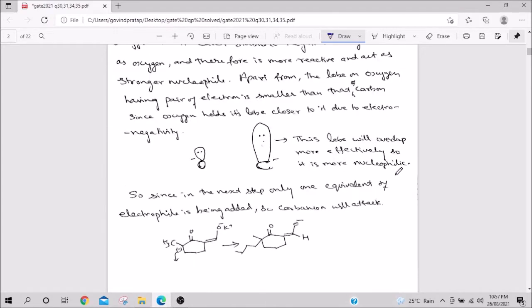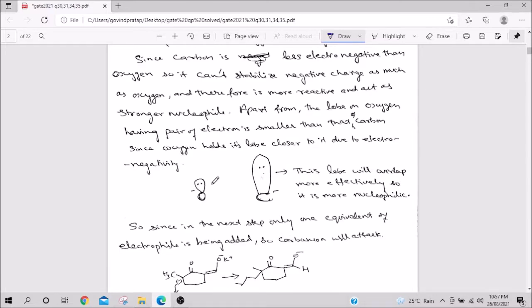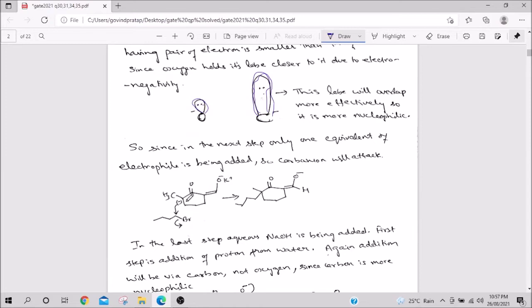Okay. So, what happens? And you can see this also, which is more nucleophilic. Carbon is less electronegative, its lobe is bigger. Oxygen is very electronegative, it holds the electron very close to itself. So, the lobe is small. Because the lobe is small, its approach as a nucleophile is much restricted, whereas this is able to spread its lobe and then attack very effectively. Fine. And therefore, this will go and attack, and you are getting this kind of product. See, the last step was very confusing.